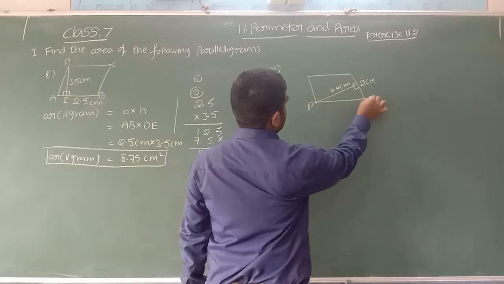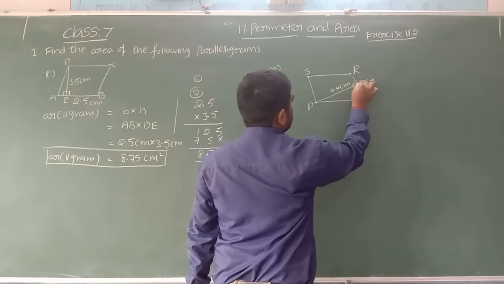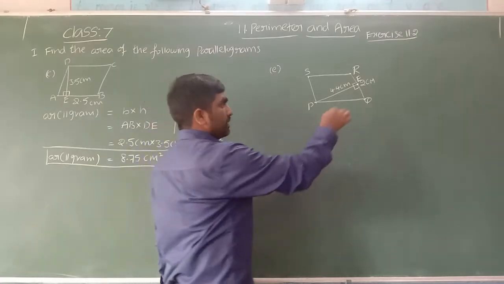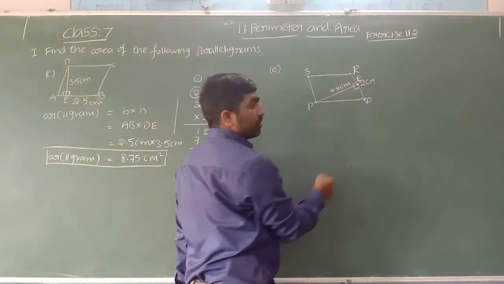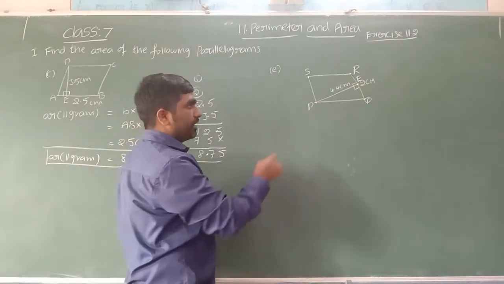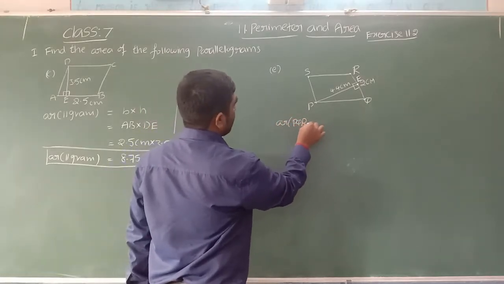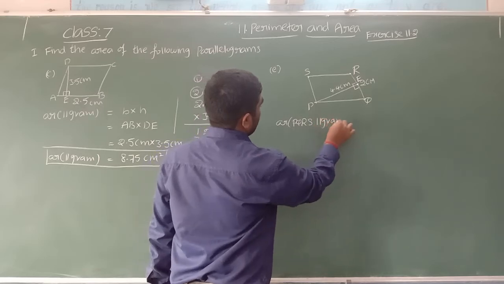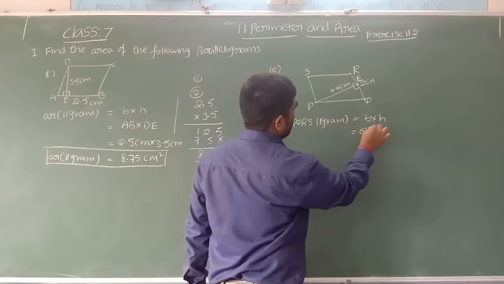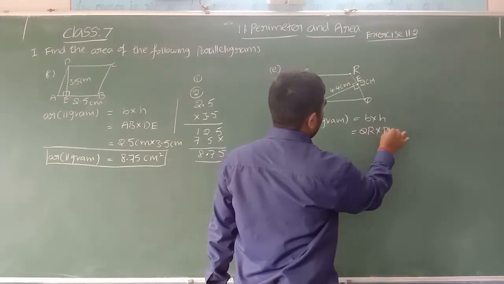So name the parallelogram: vertex P, vertex Q, vertex R, vertex S. Now tell me, what is the base? Which side is called base? QR is the side of the parallelogram which is called base, and PE is called height. I mean the perpendicular is called height. So let us find the area of parallelogram PQRS. What is the formula? Base into height. Here the side QR is the base, the reason being that on QR we have the perpendicular, and PE is called height.